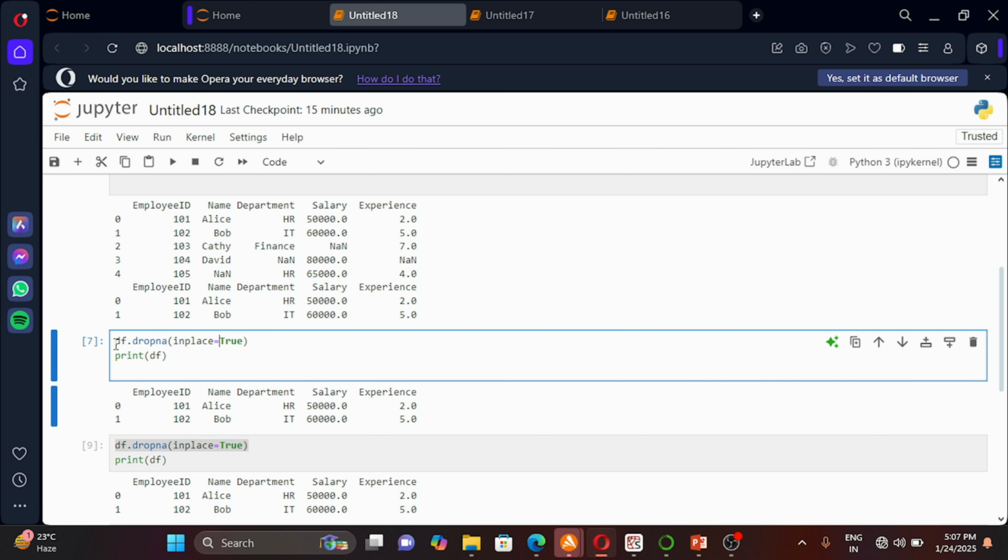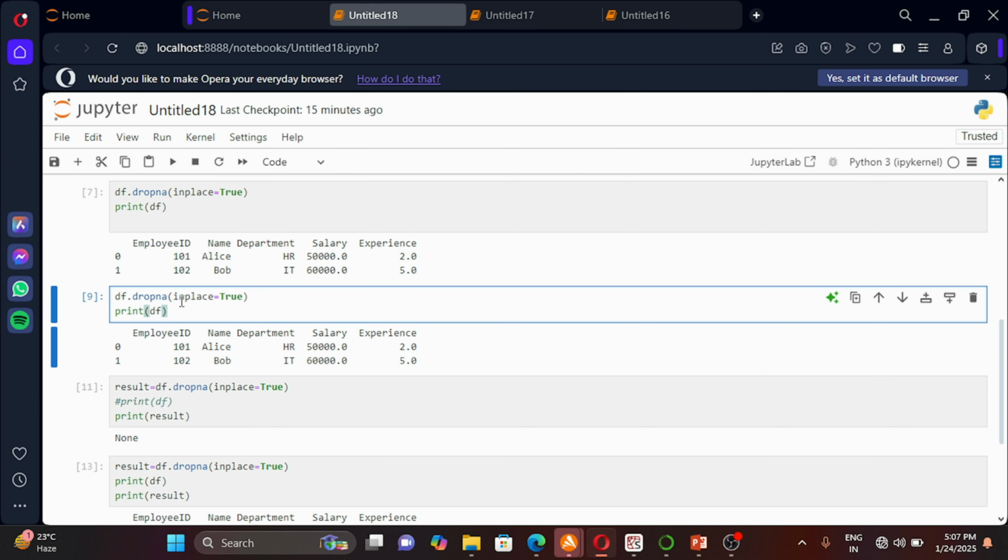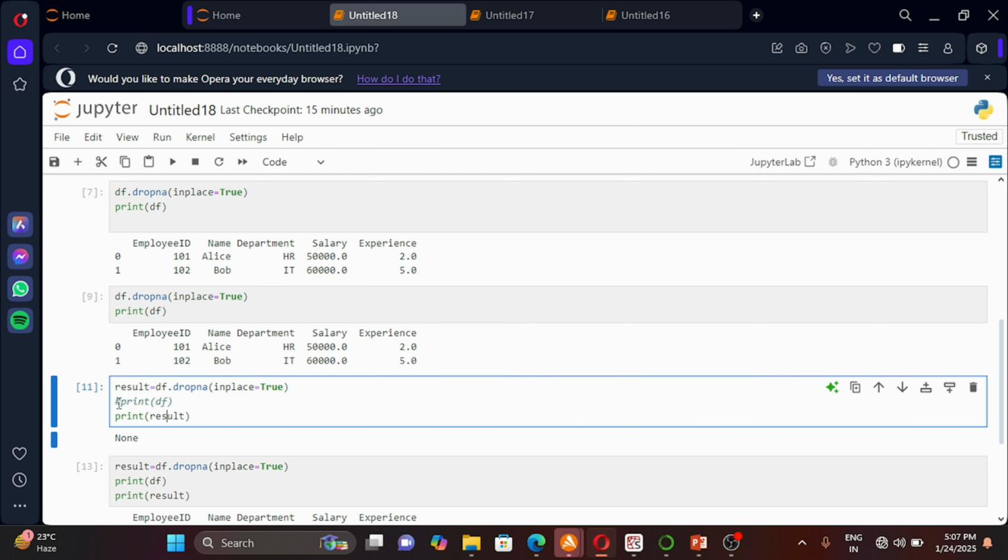Simply you can do df.dropna(inplace=True), print df, and it will give you the data because it has modified the original data. And if you see the practical implementation here, df.dropna(inplace=True), this statement, as you can see it has printed the result. So we have none. Why do we have none? Because it has directly modified the original data.